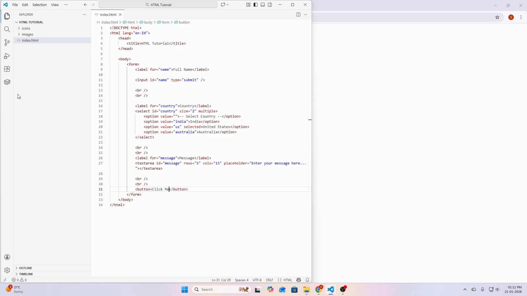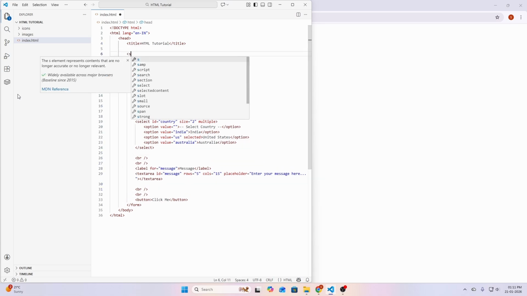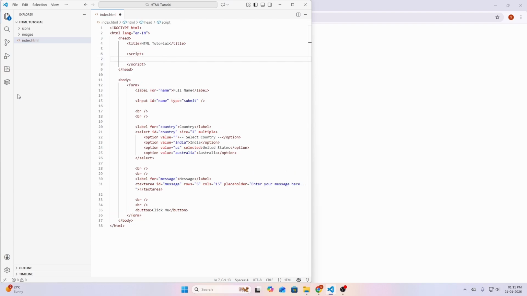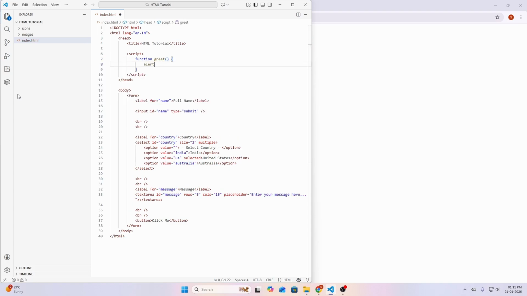such as a simple button which does something, such as displaying an alert using JavaScript code, or a submit button that just submits the HTML form. So if we write some JavaScript code here, let's write inside our head. Let's write a script tag here, and let's write a function here called greet, in small letters, and inside it let's write our alert function that